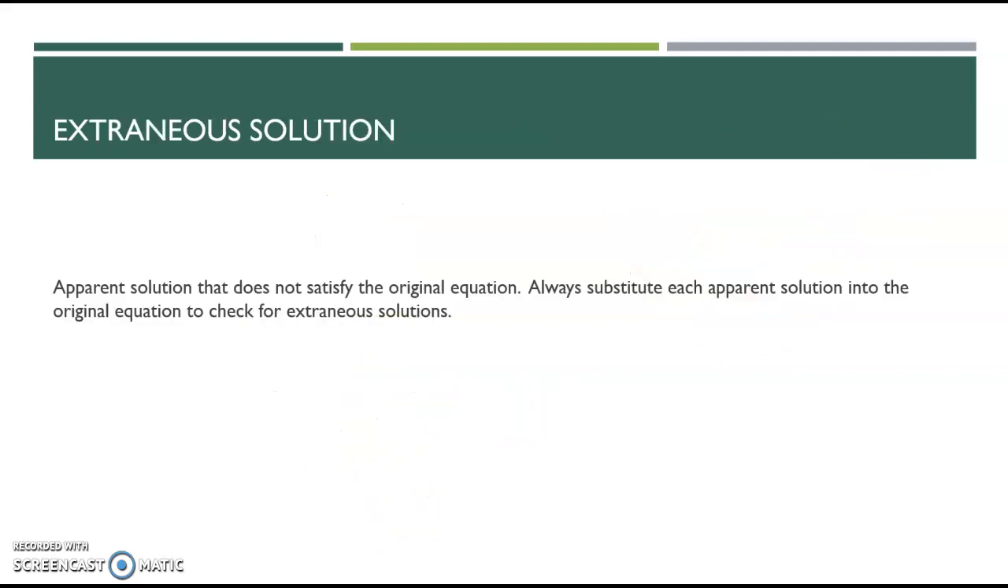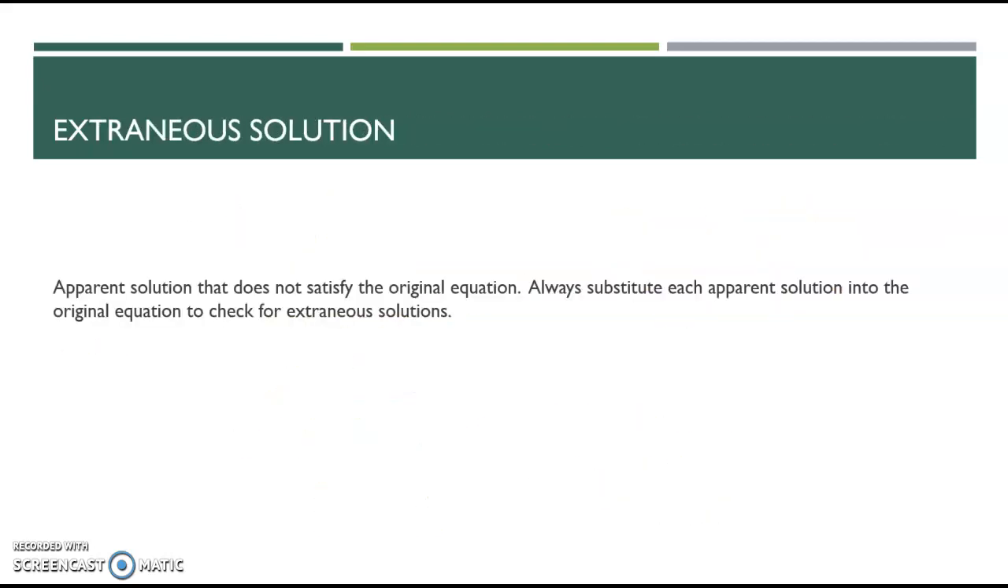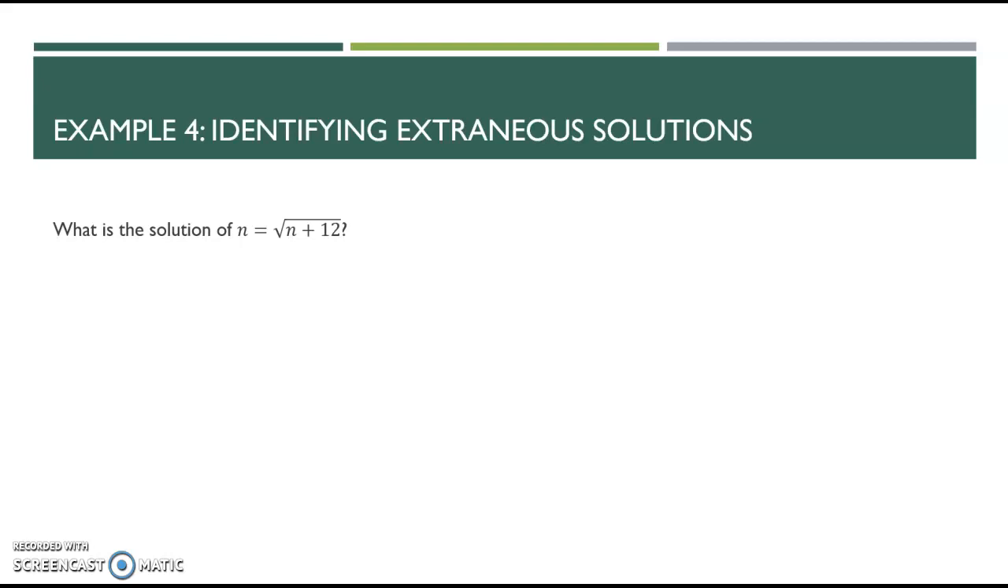All right, extraneous solution. So an extraneous solution is an apparent solution, but it does not satisfy the original equation. So we should always substitute each apparent solution. So every one of these solutions that we found here, like t equals 4, L is approximately 7.4, and x equals 81, all those are what we call apparent solutions. Apparent means, oh, it seems like they seem to be a solution. So we should always plug those in and make sure that we don't have an extra solution, because that's what